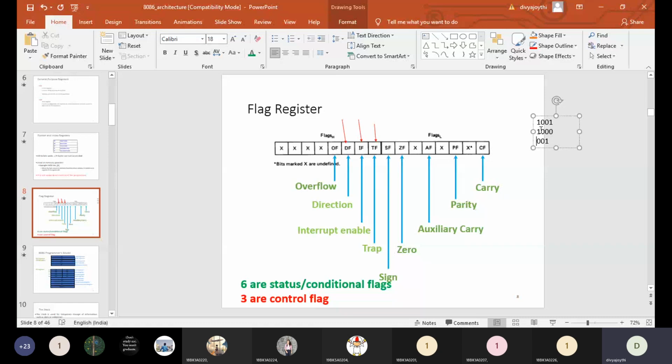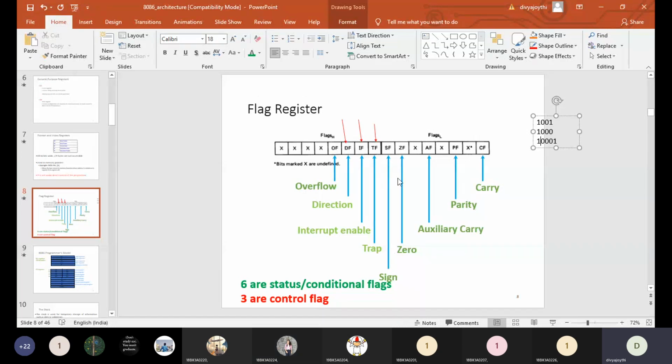When you add 1 and 1, the result will be 0 and there will be a carry of 1. Isn't it? When you are trying to add 1 and 1, there will be a carry of 1 and the summation is going to be 0. Are you able to recollect them? So here, is the carry generated or not? Generated. If your result contains a carry, then the carry flag is going to be set. That means the CF value will become 1. If carry is not generated, then the CF value will be 0. Did you understand now?